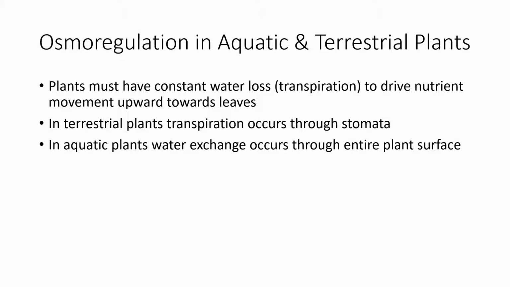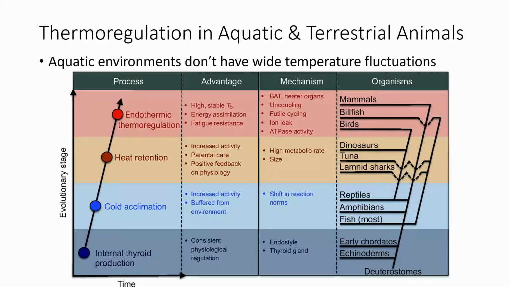So you have to have water constantly moving through a plant. That happens through stomata in terrestrial plants. Aquatic plants have changed, so they can actually release or absorb water through the entire body surface. All right,